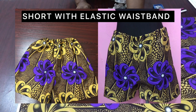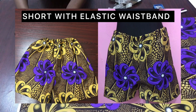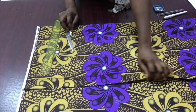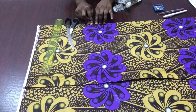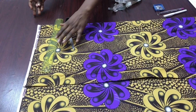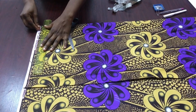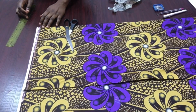Today's tutorial is on how to make a shirt with an elastic waistband. I'll be using this Ankara fabric for this tutorial, and as you can see, I folded my fabric into two, using the largest part of my body, which is my hip, to draft out my front pattern. So now I'm drawing my first line, which is my waistline, went down by 2 inches for my band,